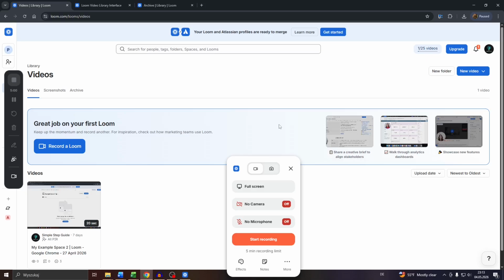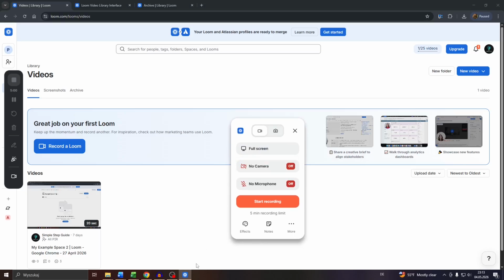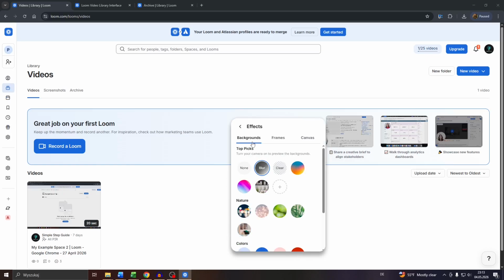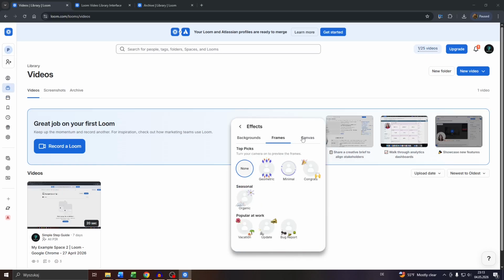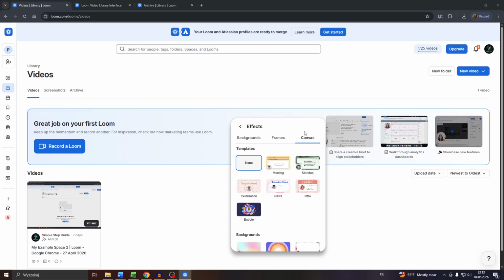So guys, for this method, launch the Loom screen recording app on your device, like your desktop computer or your laptop. And here in the screen recording controls, what you want to do is navigate to the effects tab at the bottom. Here switch from backgrounds to canvas or canvases. And here, scroll down